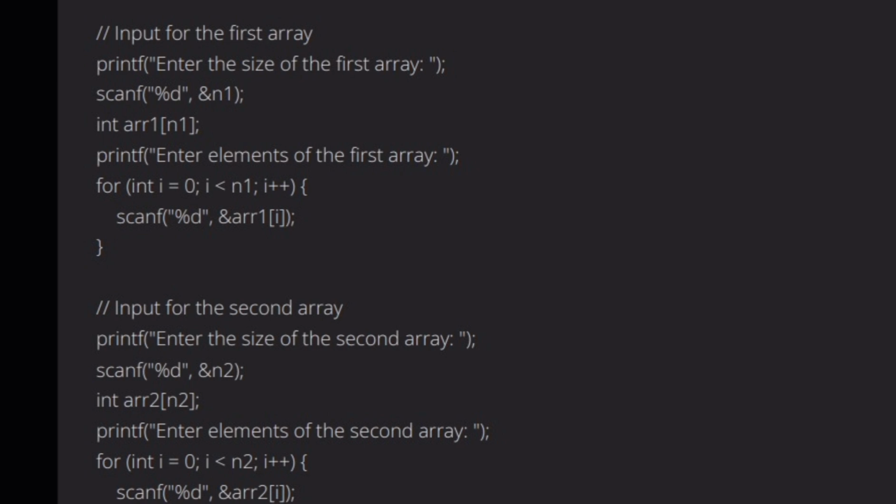Again, this code provides a basic implementation of set operations, union, intersection and set difference, on integer arrays in C. So it demonstrates how to create and use functions in C, handle arrays and perform basic array operations, use loops for iteration, implement conditional statements, if else, for decision making, and interact with the user using input output functions. So this is a foundational example, and a more efficient and optimized implementation can be achieved using different data structures and